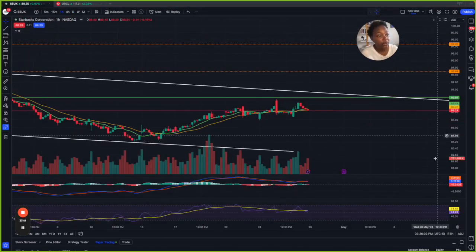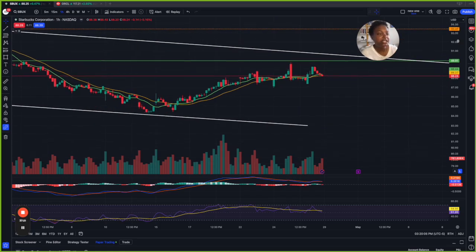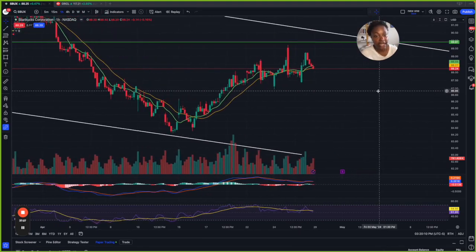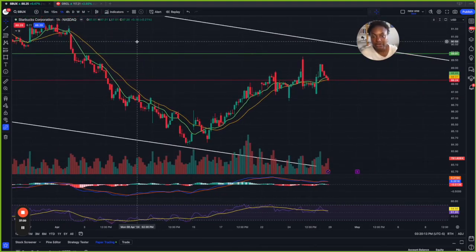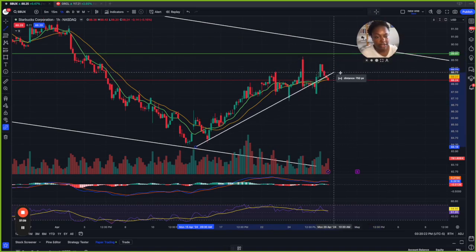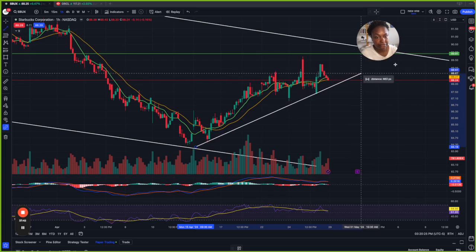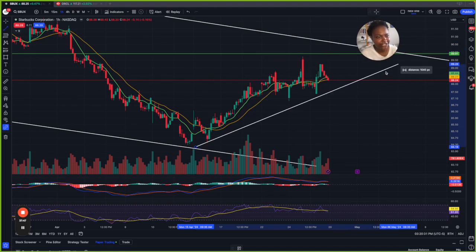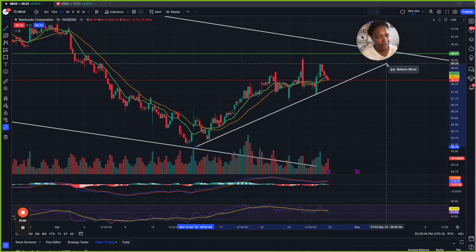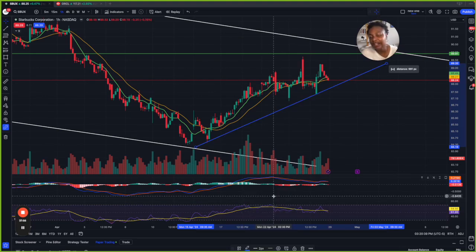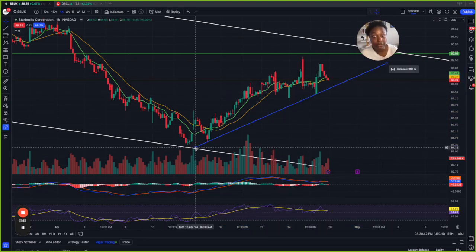Now let me come down here to the hourly, because I'm sure this is something you're more so looking at for a day trade. And I'll make sure that I get y'all the AJ analysis. So let's come down to our hourly time frame, and what we want to mark off now is our secondary trend line. I'm going to offset my secondary trend line in here and make it blue, just so we don't get confused. I like to color code my chart, and it keeps me interested in looking at my chart.